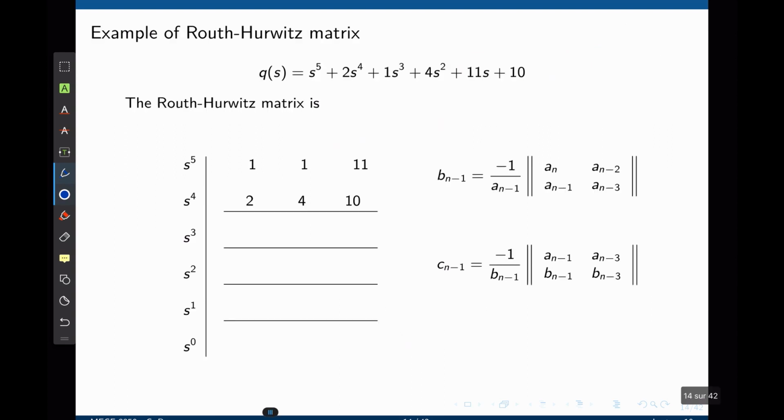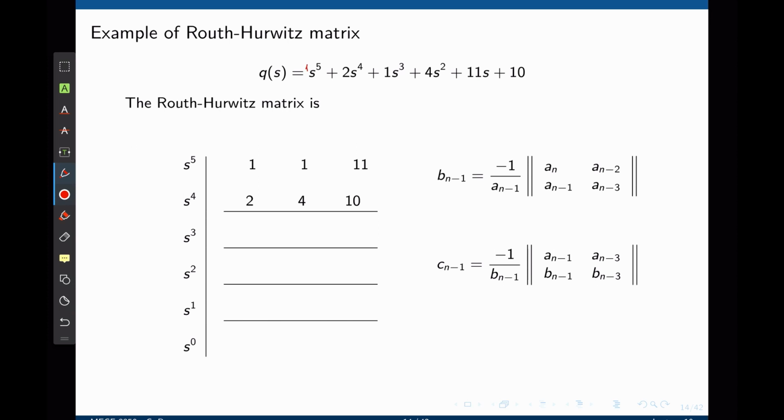This is indeed a bit intimidating, so let's look at a numerical example that will make things a lot more clear. The characteristic equation of the transfer function that we are dealing with is given here. It's a fifth order polynomial. In step 1, we need to prepare the coefficients of s in the leftmost column. We have the highest power, s to the power of 5, all the way to s to the power of 0. The second step consists in populating the first two rows in that up and down pattern,